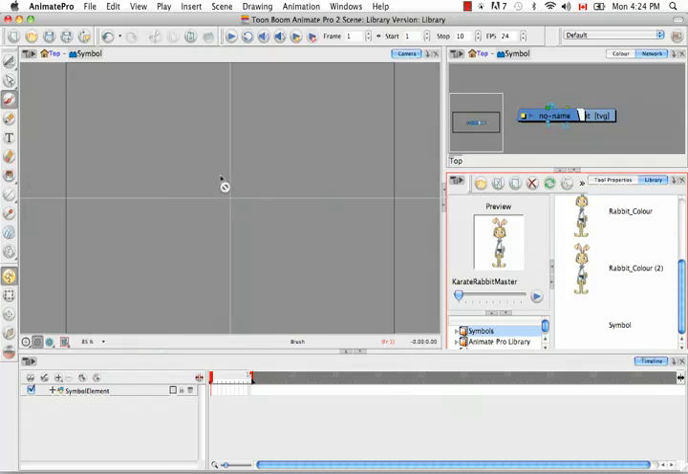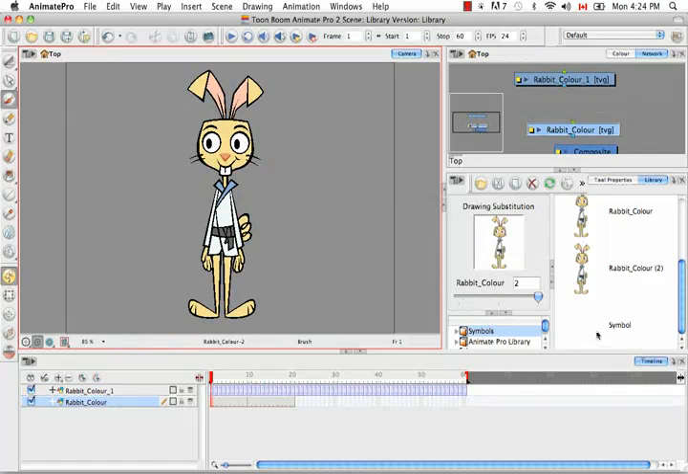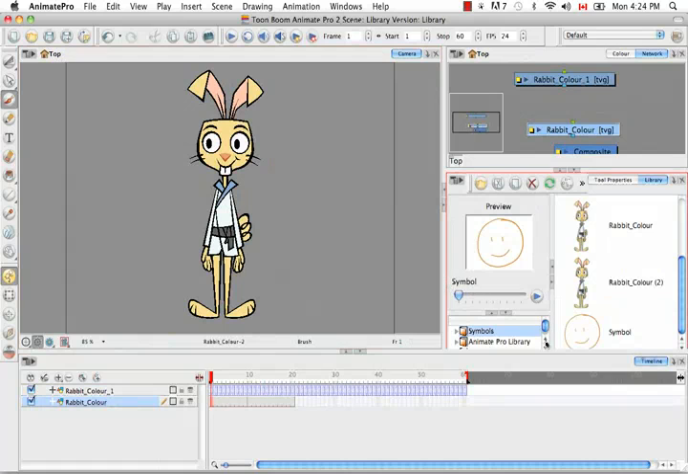So say I do something like this. So that's my new symbol, and I can go back and I can always drag it in if I need to,